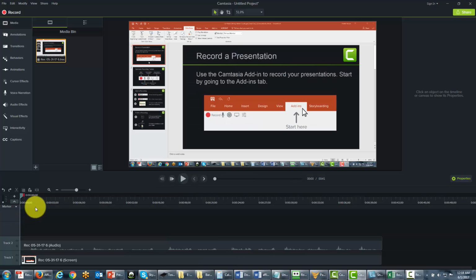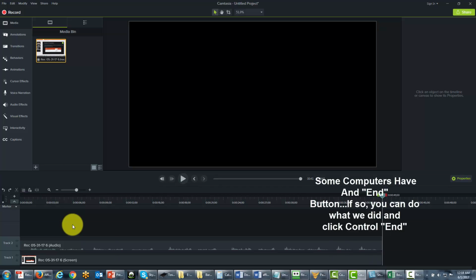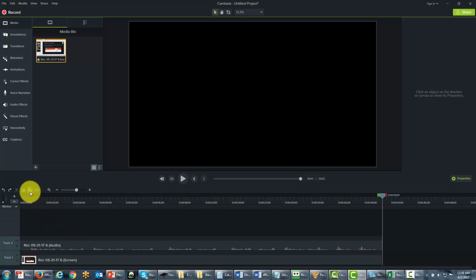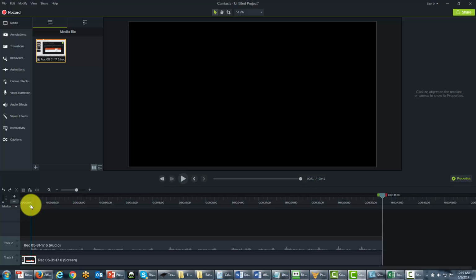Now the other thing that Camtasia has is it has a copy and paste tool. And Camtasia will actually go to the place where the cursor is, and it will paste whatever you have in your clipboard. So for example, if we Control End and pull our cursor all the way to the end, we can then click the paste command. And you'll notice there that there is a portion that will actually be there, and this is something that we had in the toolbar. Of course, then we can actually go back and undo it